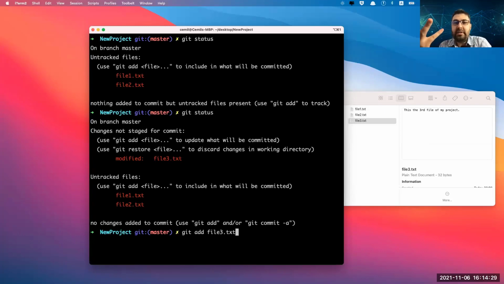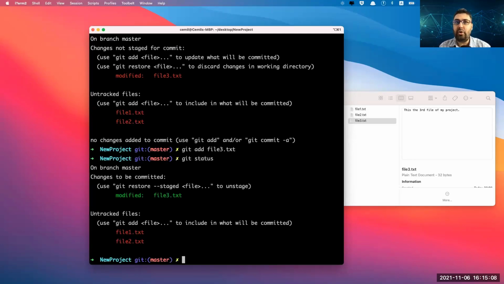So anytime you visit that grocery shop, anytime you change your idea, you change your shopping list, you have to add them to your basket before you go and check out. Is that true? So that's why whatever we have changed, we have to add first. Now, this file 3 has been added and committed before, but now it's changed. So I need to add this once again. Then let's check the status. Oh, it's green. Good. Now I can commit.